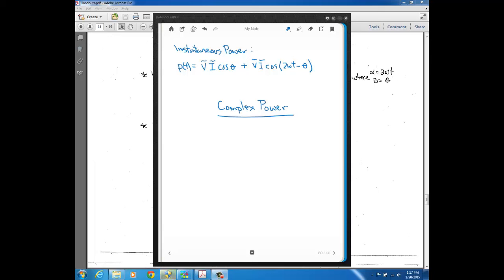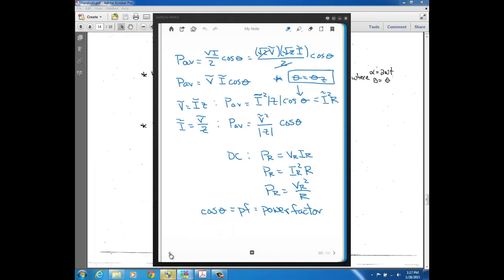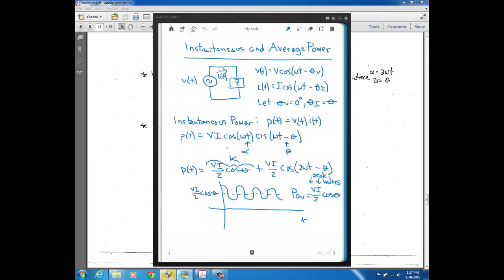Okay, we're going to continue on talking about AC power in this video, and where I want to start is this is the instantaneous power equation from the previous video with RMS quantities. So just so you can see where that equation came from, if we go back a couple pages, let's see,